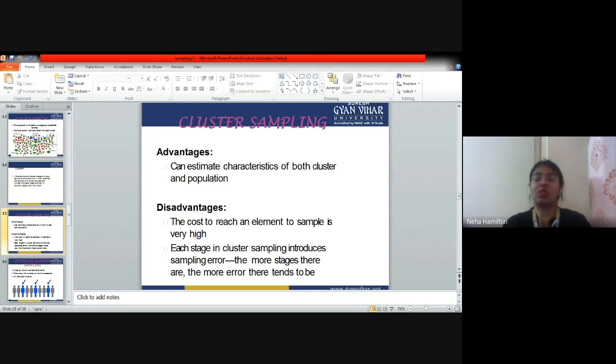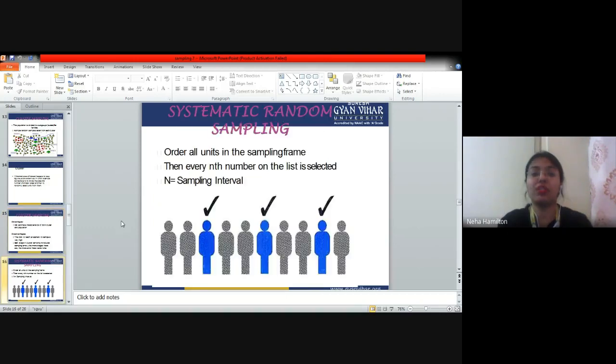If I'm doing research on Jaipur city, and if I'm residing in C Scheme, and I randomly take some 50 people from C Scheme, it is very cost effective for me. But at the same time, one day I have to travel to Vaishali Nagar and take 10 people from there, and then someday travel to Mansarovar and C Scheme. So it is definitely cost consuming. Each stage in cluster sampling introduces sampling error. The more stages there are, the more error there tends to be. So these are the disadvantages of cluster sampling. I hope cluster sampling is clear,